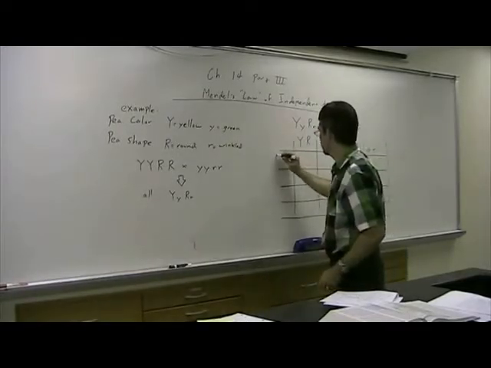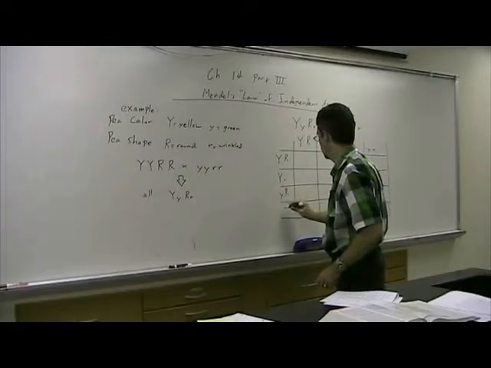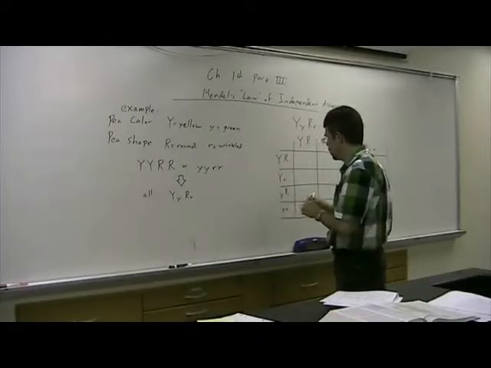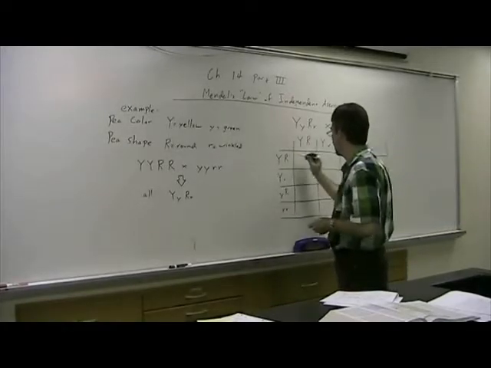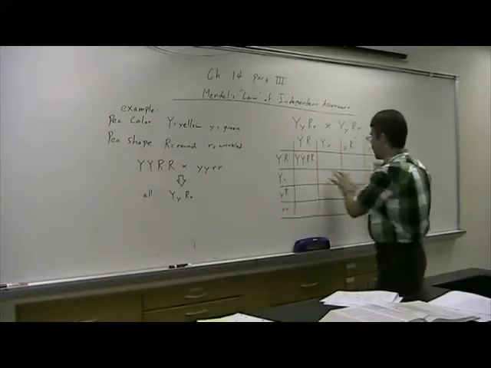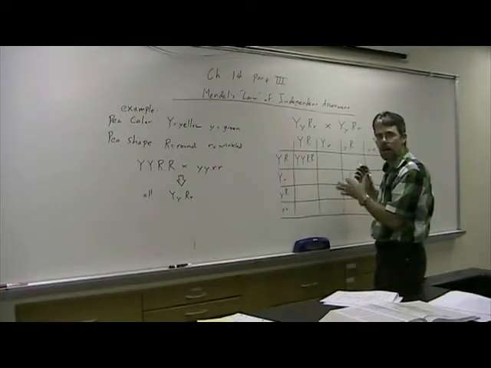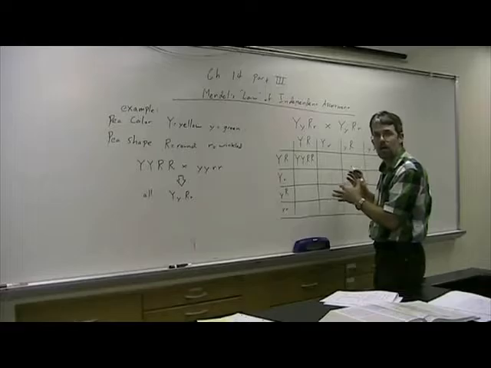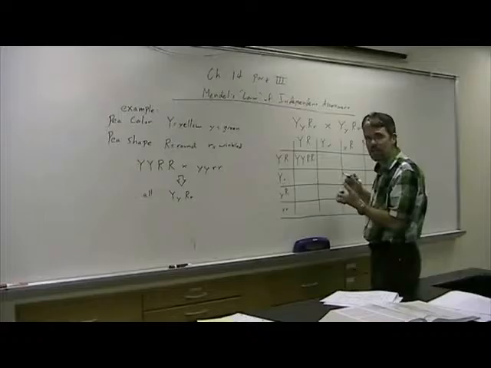Same thing over here. And what do we do? We recombine the letters in the middle. So here we have big Y, big R here, and every other combination that we have. You can look in your book and look at the rest of this. It would be a good idea to look at your notes. It would be a good idea to write this out for yourself so you know how to fill one of these in. Now, I'm not going to make you fill in a dihybrid cross Punnett square for the test,